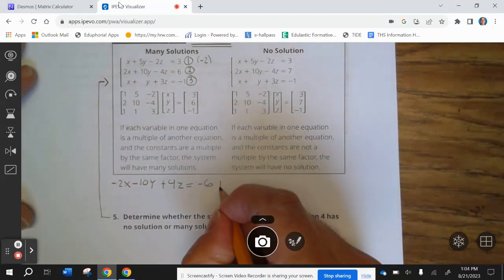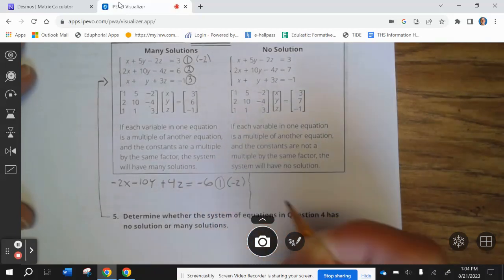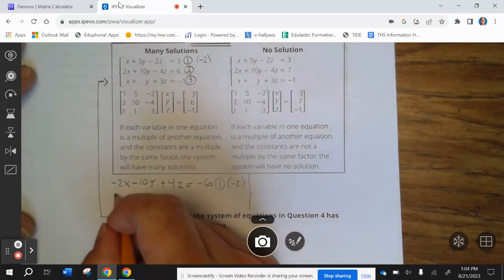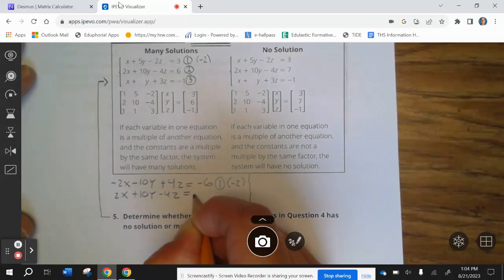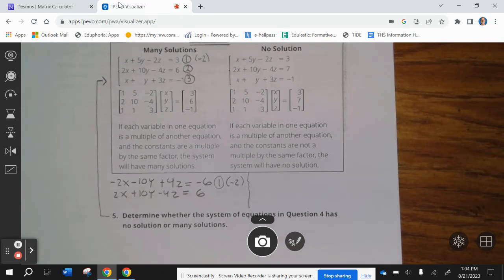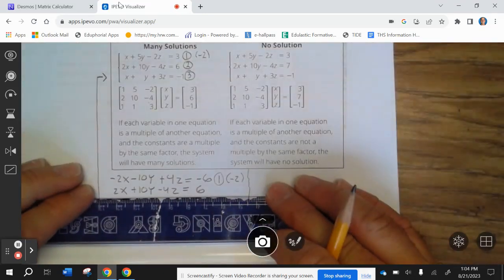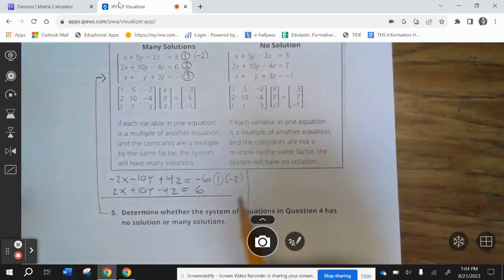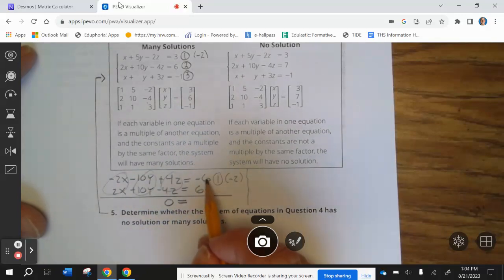That's equation 1 multiplied by negative 2. Now we're just going to take equation 2. All right, so this becomes 0, this becomes 0, this becomes 0. So 0 equals